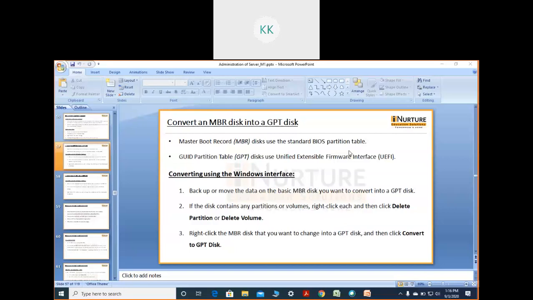So, the MBR disk and the GPT disk. There are two different types of disk. In case of your server, one is MBR and one is GPT. Now, how do you convert from one to another? The difference is that one uses the standard BIOS partition table and the other uses the Unified Extensible Firmware Interface. Now, the step of conversion is to back up or move the data on the basic MBR disk